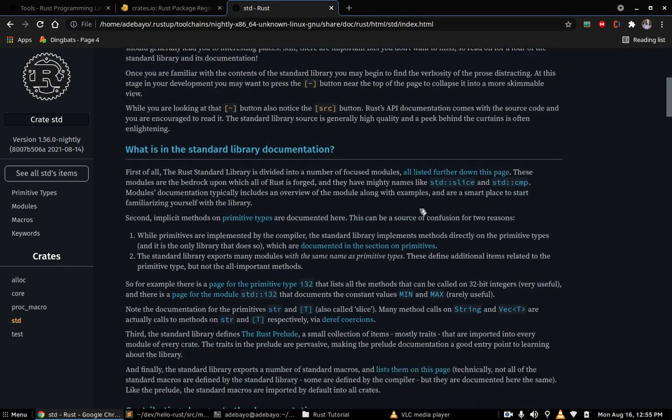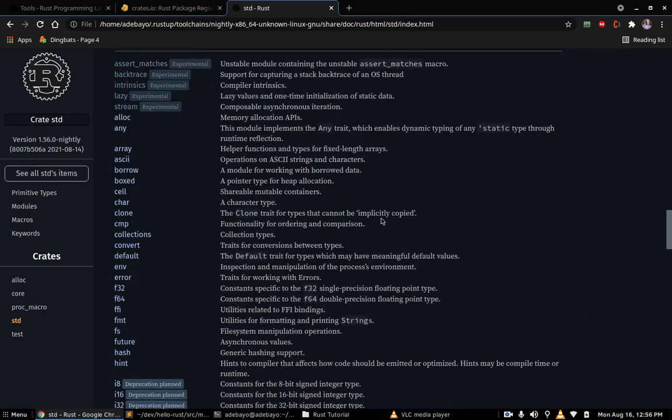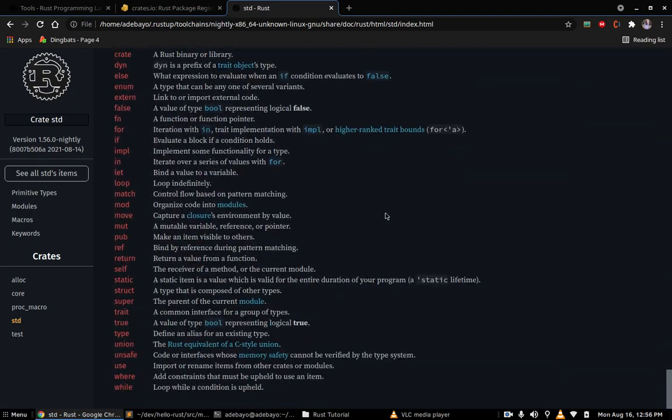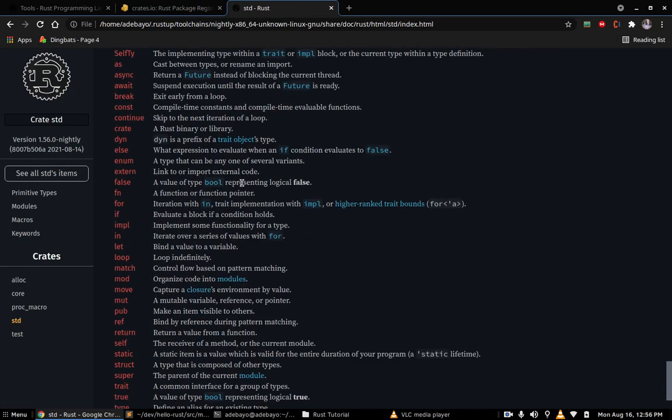So this is where you can find the documentation. It's pretty exhaustive. Okay, so there's a bunch of things you can find here. You can find all the modules, the functions, the macros, the structs, and the enums, and a bunch of other things like that. And as you can see, we also have all the keywords that are currently inside of the